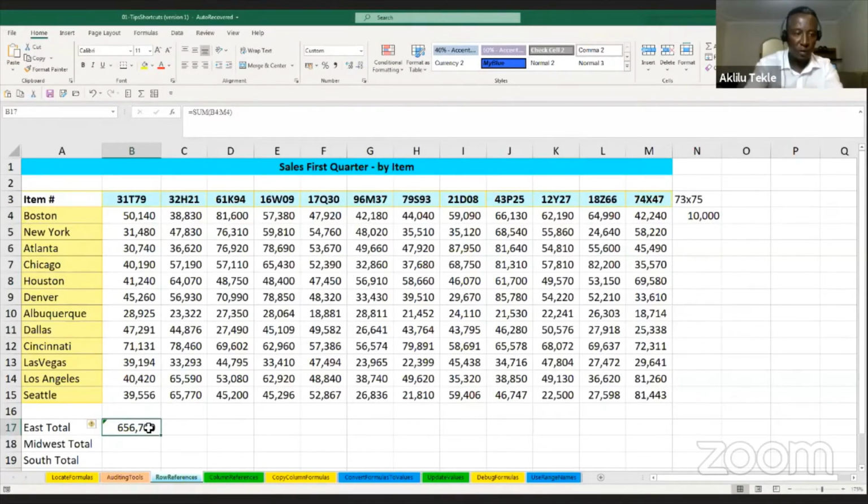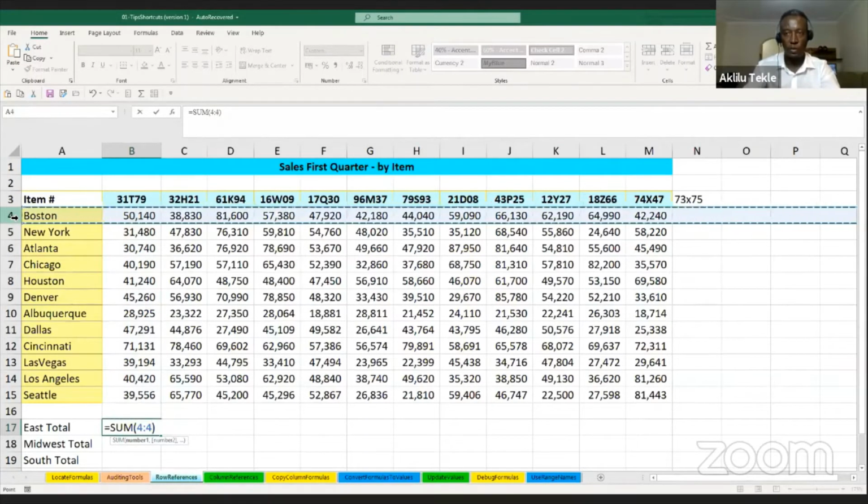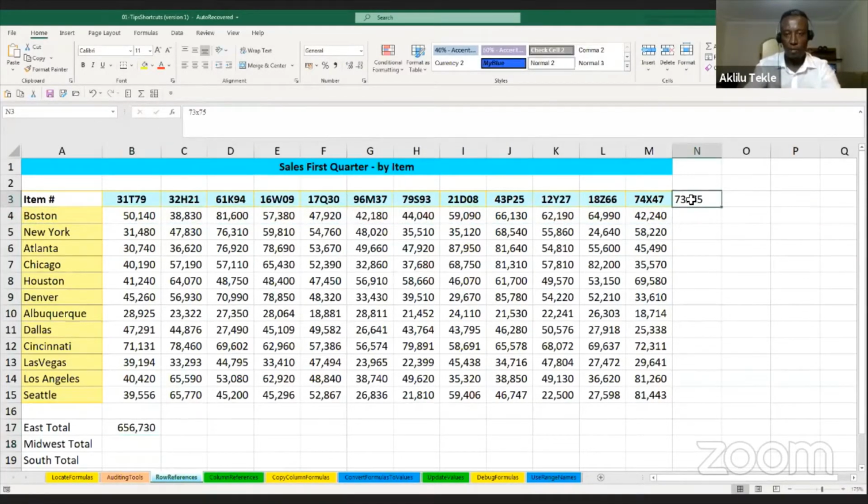So the preferred way, if we have continuous cells, let me delete this, is to click here and say AutoSum. As I said, Excel prefers what is aligned vertically around it. But what we need to do is select the whole row containing the Boston sales, the whole row. So it has selected all the cells now, and I would say enter. So if I make another sale on another day, for example, let's say 10,000 again, take a look here, 10,000, say enter. So you see it has now increased to